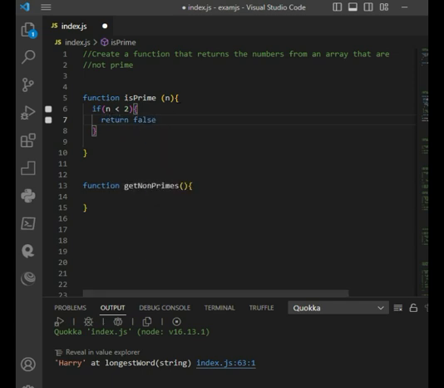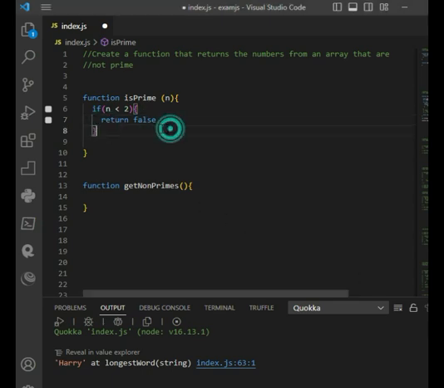Because remember, prime numbers are defined as natural numbers greater than 1 that have no positive divisor other than 1 and themselves. So if a number is less than 2, it cannot be prime. So if someone enters a number less than 2, such as 0 or negative numbers, this condition ensures that it